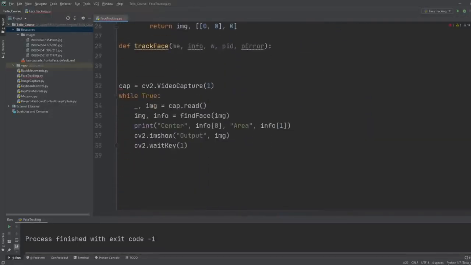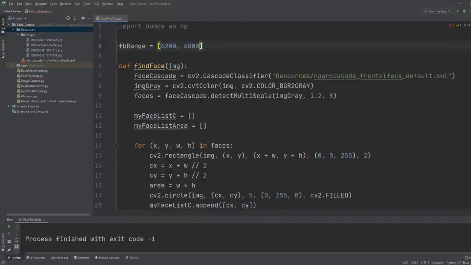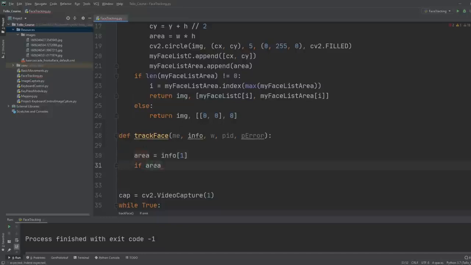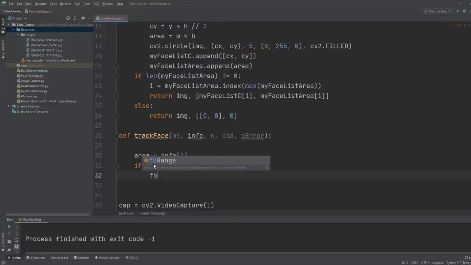And then we are going to write here that if our info, or should we call it area? Let's call it area so it's easier to see what is happening. Area is equals to info at 0. No, it was at 1. So if area is greater than the forward and backward range at number 2, then we need to go back. So the forward and backward speed will be